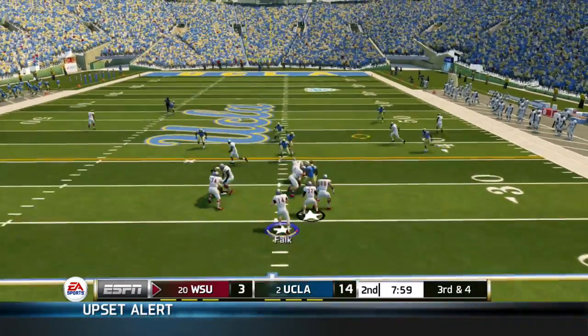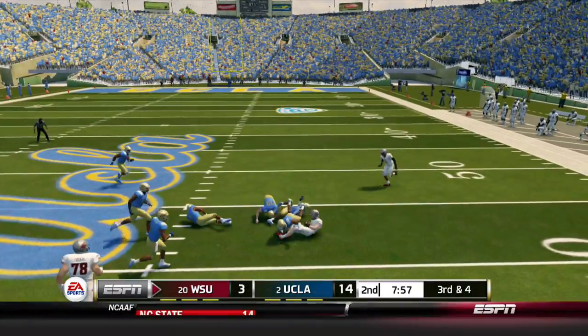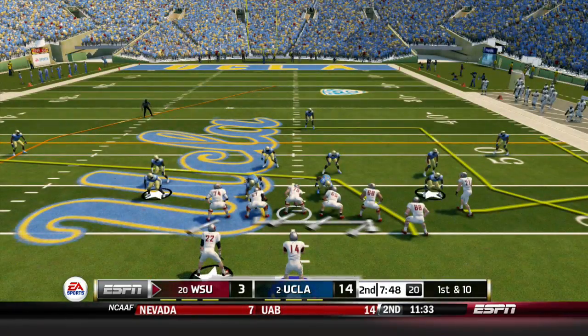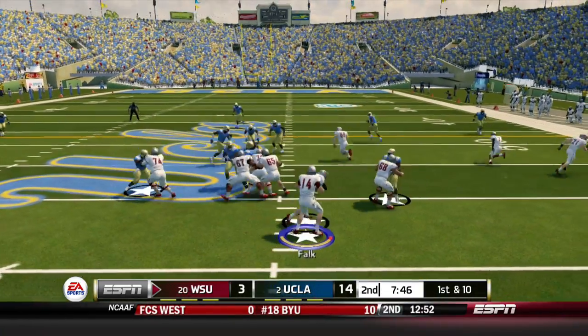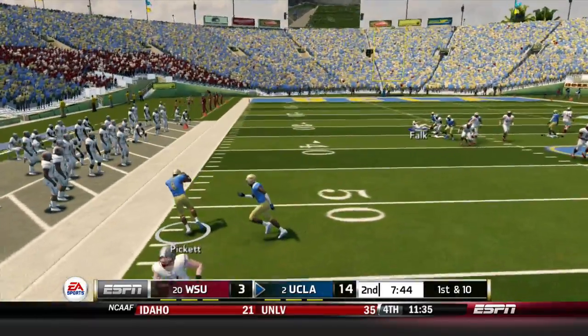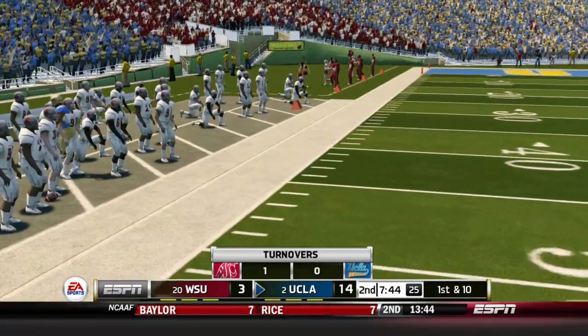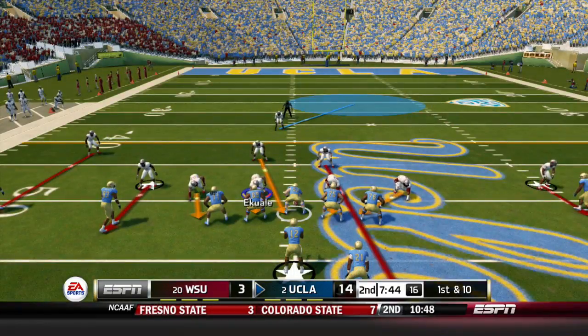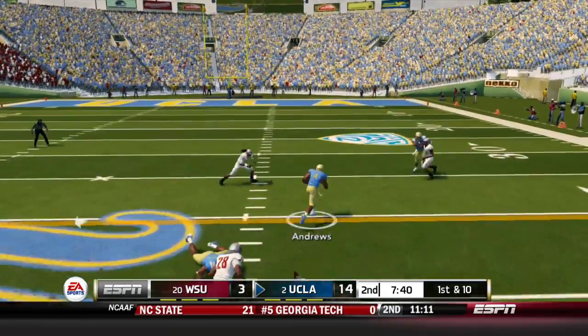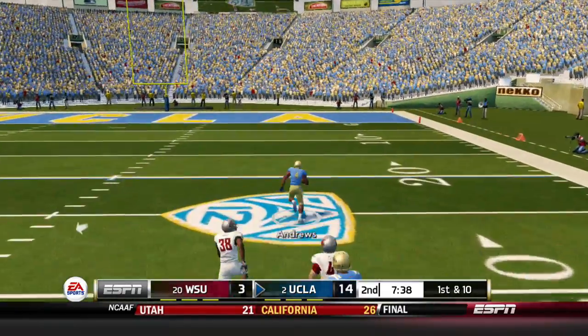Into the 2nd quarter on 3rd down, across the middle for Craycraft in tight coverage. That's an 11-yard gain and the first down, and it's a big one. Could not allow UCLA to get the ball back there. Luke Falk will go to the air. Down the sideline, intercepted by Pickett, intended for River Craycraft, and that is Luke Falk's 4th interception on the year. I talked about us needing to take care of the ball and how UCLA was good at doing that,